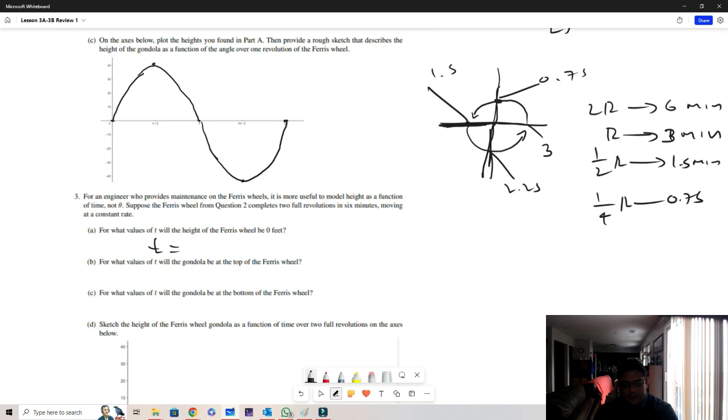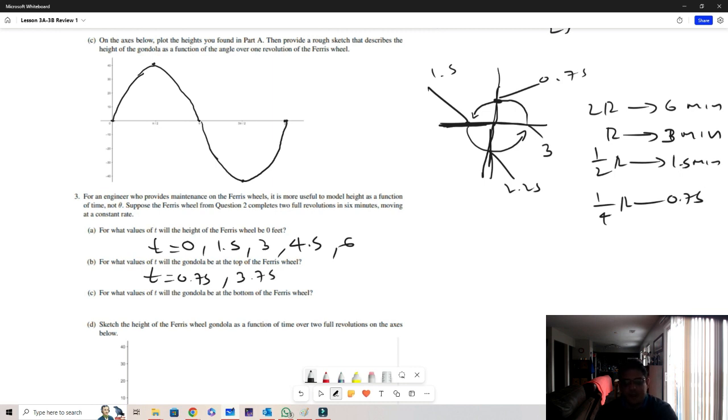And so this starts, of course, at t equals 0, but also at t equals 1.5, t equals 3, then 1.5 more, 4.5, and then 6. These will be the points where it's touching 0 in terms of height. Now, at what values will it be at the top of the gondola? The top is here, at 0.75 minutes,